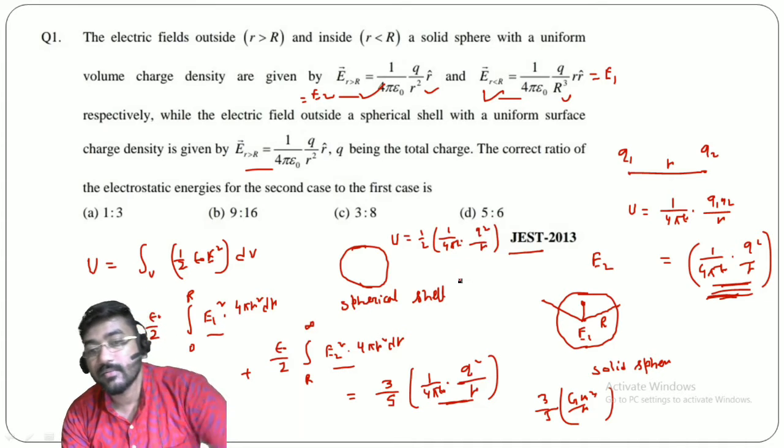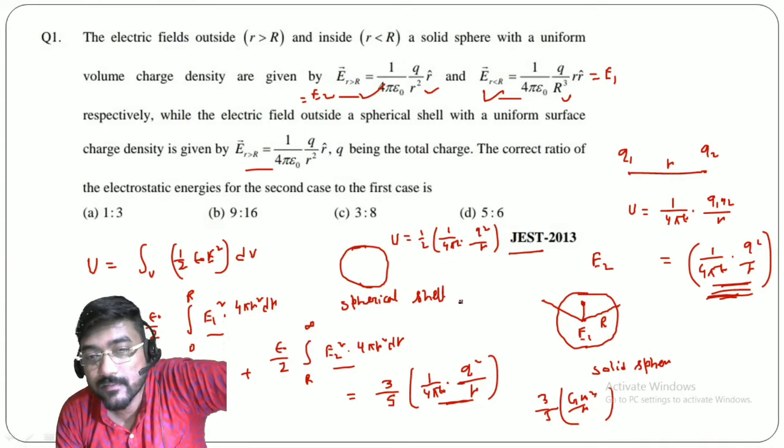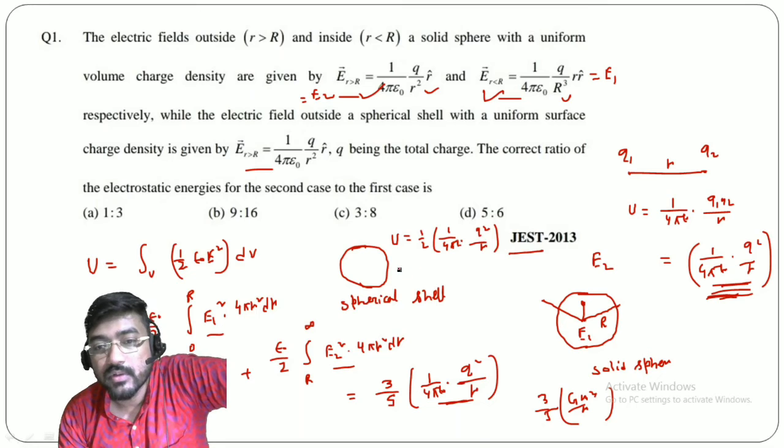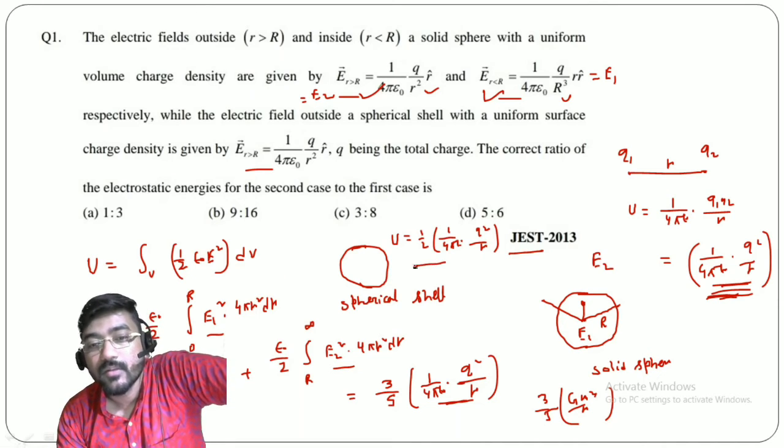So you will always get this kind of result. If you want to prove the result for a spherical shell, you can also do it, because in the spherical shape inside you will have u1 equal to 0, and you will have only the outside u2, as given here. So you will get this term as 0 because u1 is 0, so you will get only this term u2, which is outside the sphere, and you will get this result.